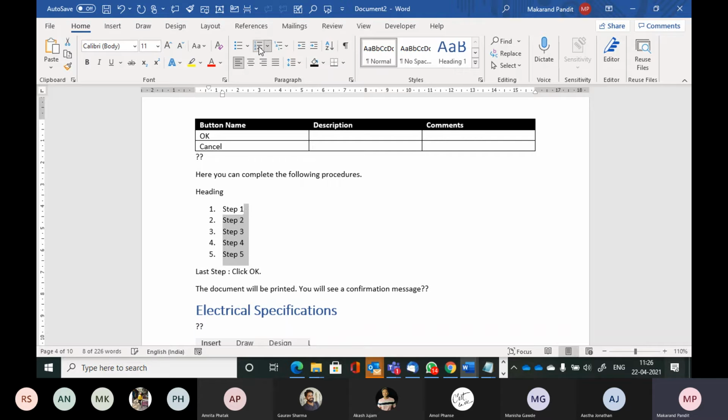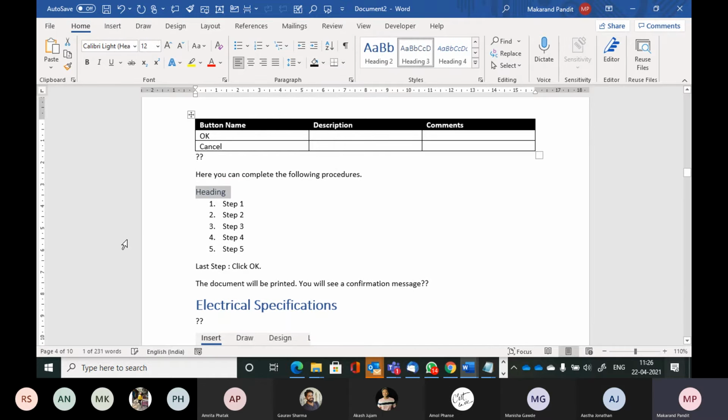And if you want, you could have copy pasted this also. So this becomes your heading 3. Isn't it? So I may say that, okay, this is my heading 3. I may copy this also for every dialog box. I'll just make it look more like a heading.